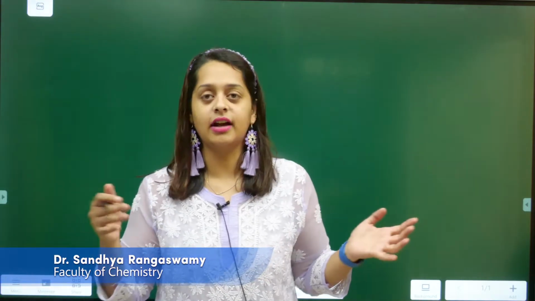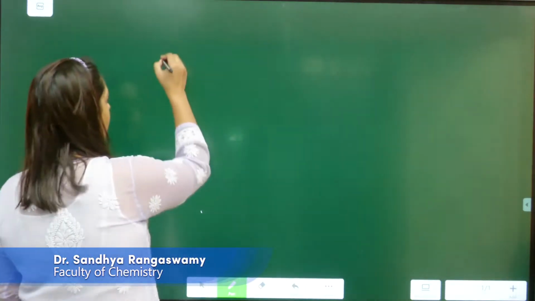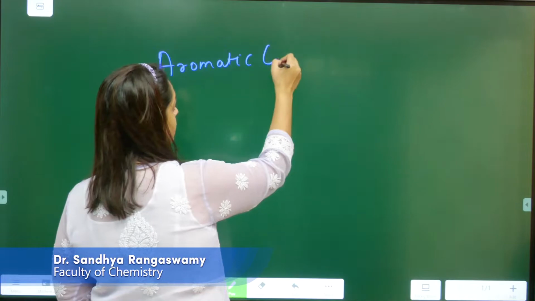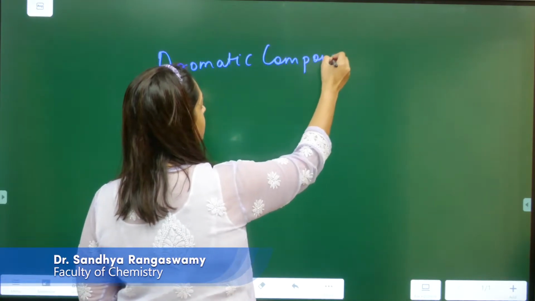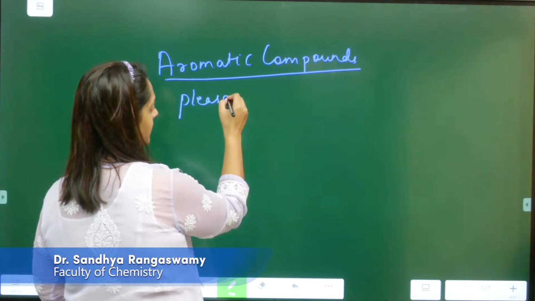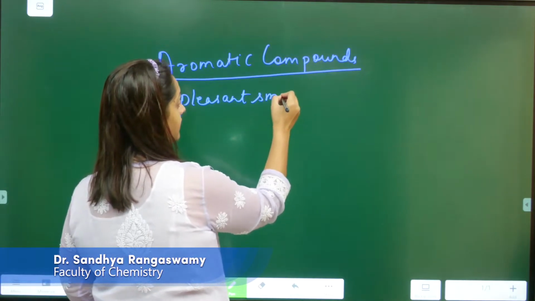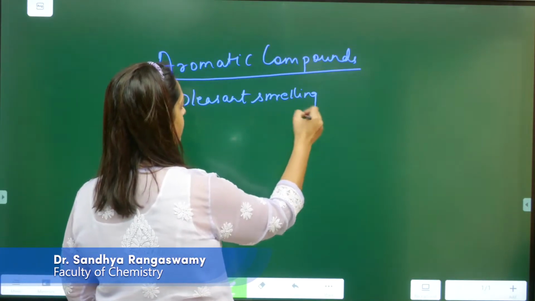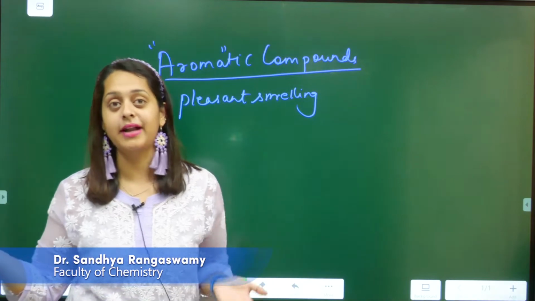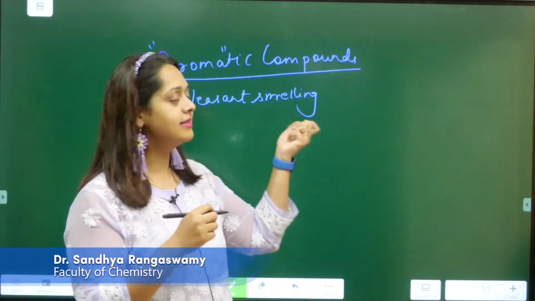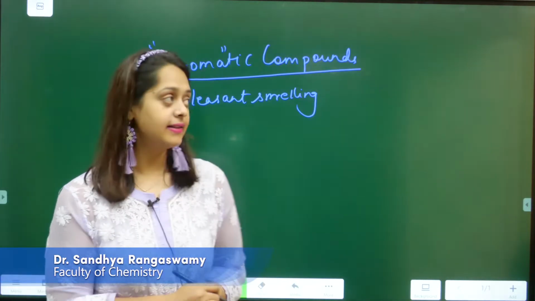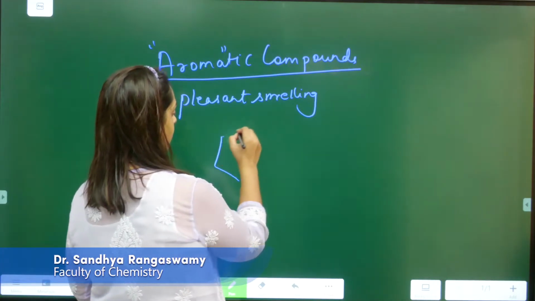So earlier, when the discovery started, the aromatic compounds which generally exist in nature were very pleasant smelling compounds. So that's how the name aroma was included. The aroma in the aromatic compound is due to the pleasant smell of those compounds. And one very big example which I know is benzene, that is